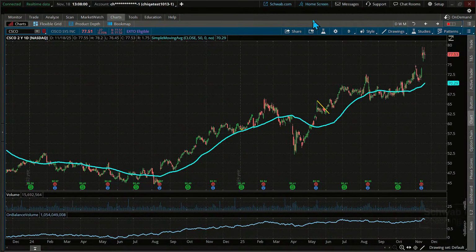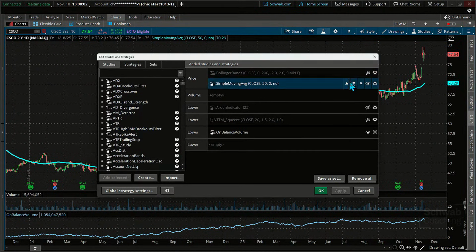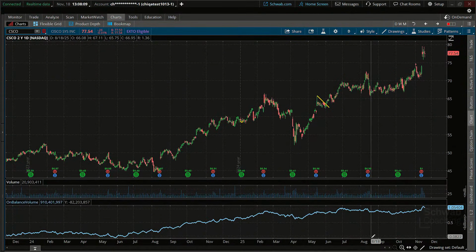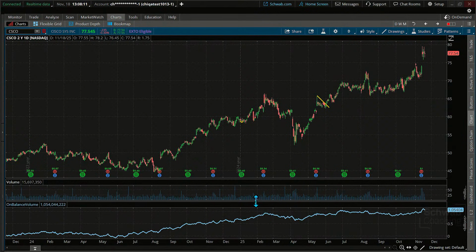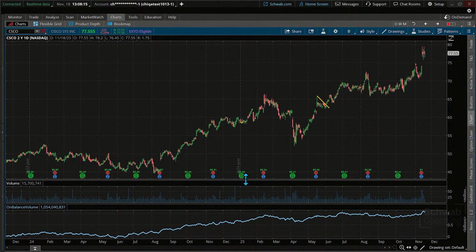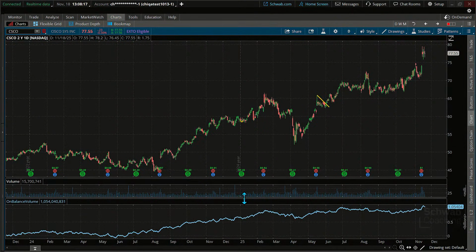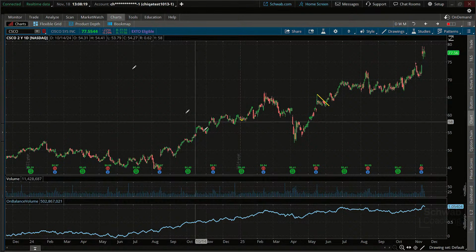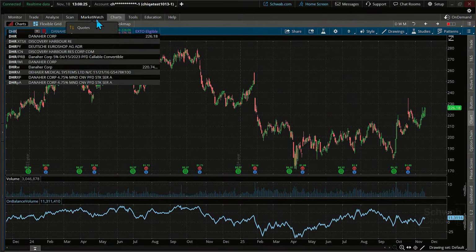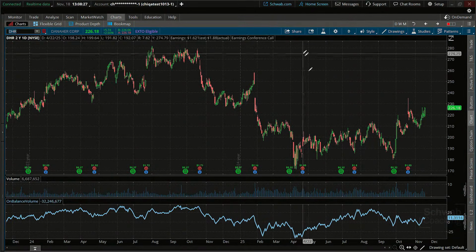All right, well, let's dive back into it. I'm just going to take this 50 off for now. We might get back to it. But there we go. This is what I've got set up here for us. I've got our good old on-balance volume, very, very similar to money flow. It is a different formula. It's a different sort of calculation, and there are variations. But I want to talk about this in just a second. Before we do so, let's talk about a review of our trades from last week. DHR, as you recall, was a swing trade setup.